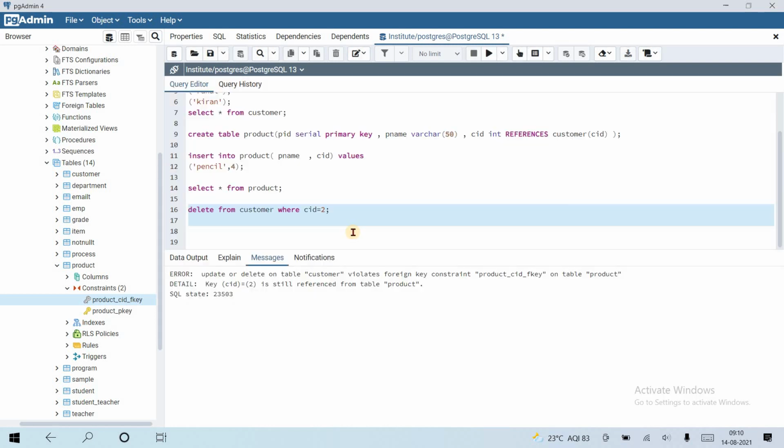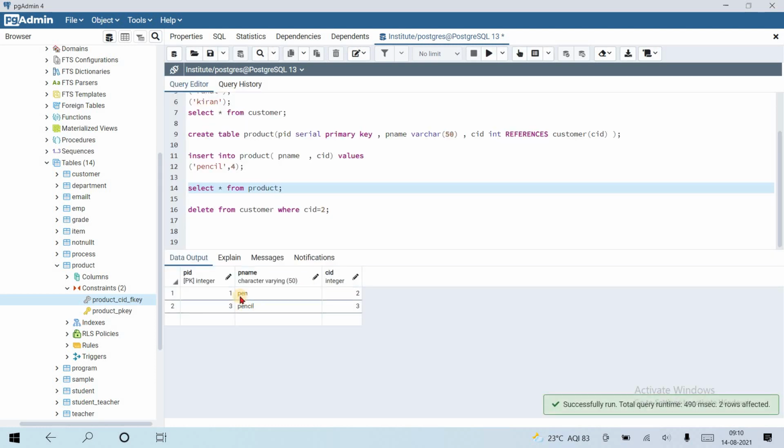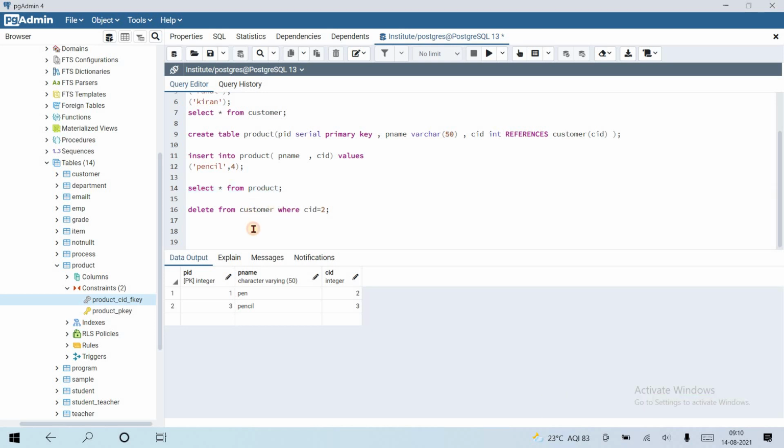Let's run the query. Yes, it gives an error that it violates the foreign key constraint, that CID 2 is still referenced from another table. Means we are using this customer, the customer Rahul, for the product pen. So we cannot delete this customer from the customer table.